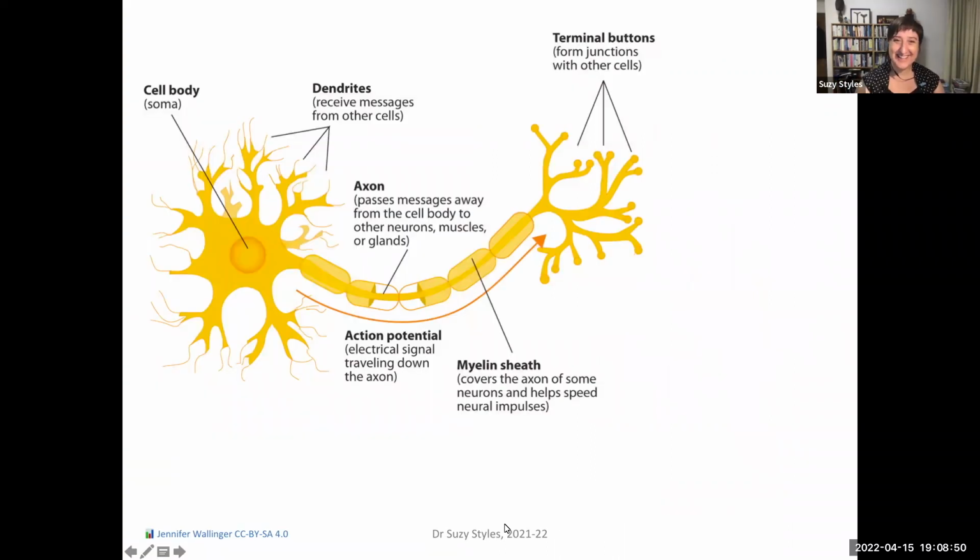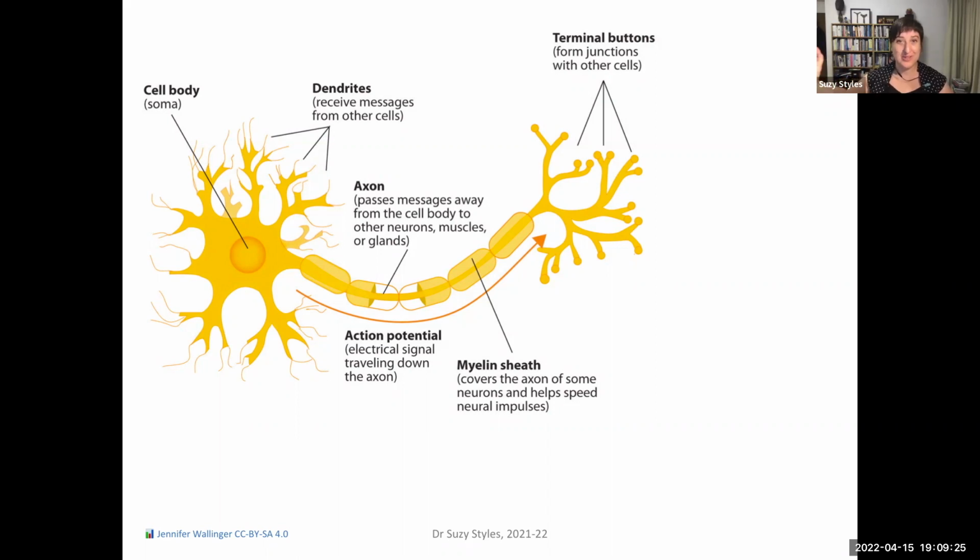We're going to start here with a bit of revision. And as you can see here, we have a cartoon of a neuron. So you can see that we have the cell body over here on the left, the soma, and surrounding the soma are the dendrites that receive messages from other cells. The long tail of the neuron is the axon, where once enough charge has been received from the dendrites, the neuron is able to fire an action potential all the way down that long wiggly axon